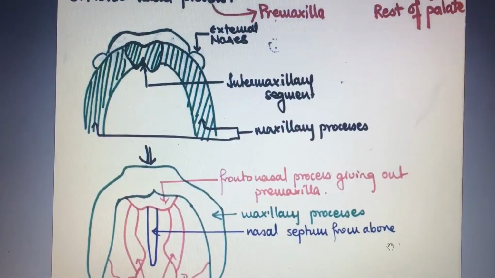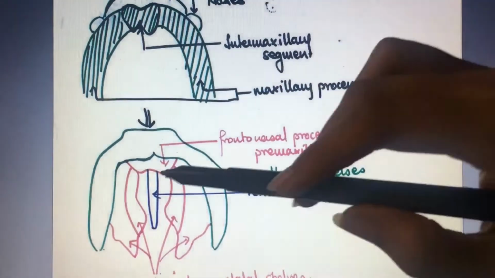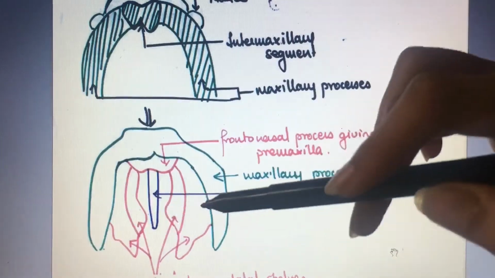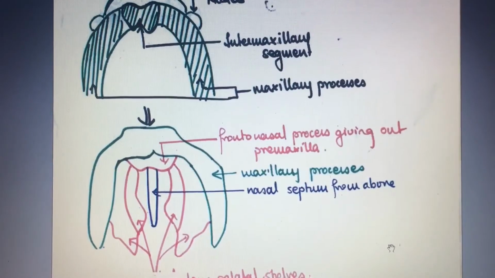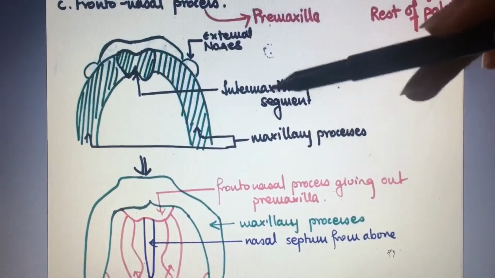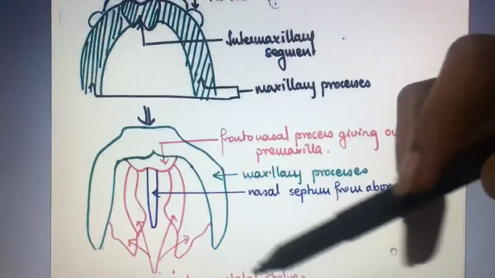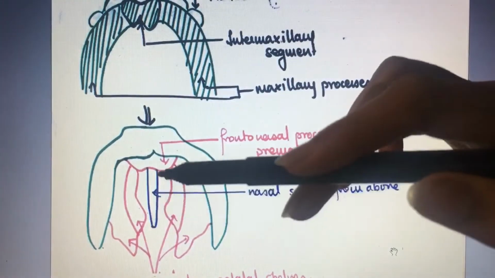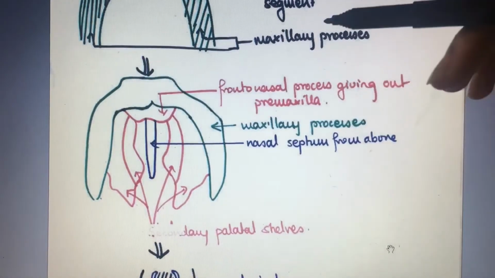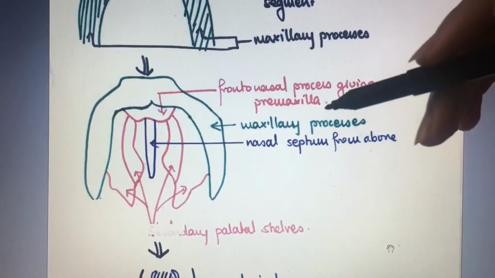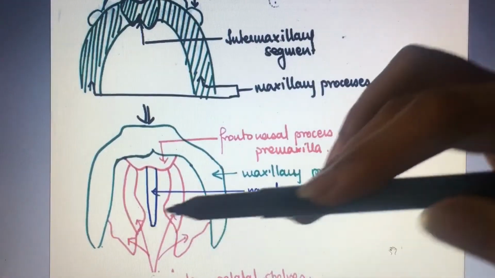After the premaxillary area is developed, there is initiation of the secondary palate region. So these maxillary shelves give rise to the secondary palate region. These two are the secondary palate which eventually fuses to form the entire palate. As you can see in the middle, this one is the nasal septum. Now this diagram you are viewing from the occlusal view. So from the occlusal view, there is fusion of the secondary palate which takes place. Along with this, there is also fusion of this nasal septum to the palate, which obviously you cannot see on the occlusal view.